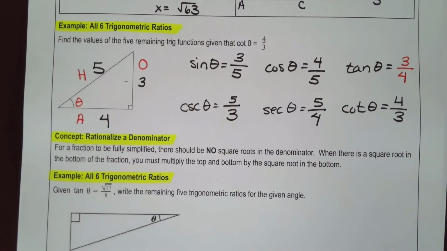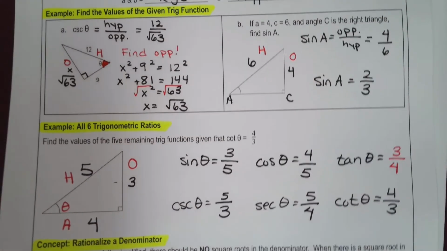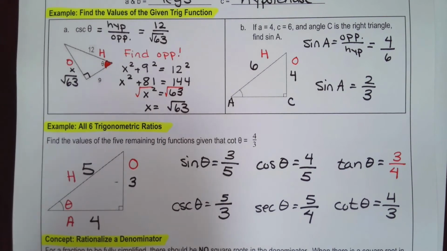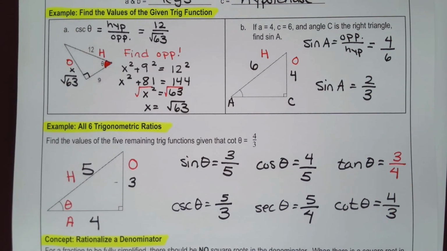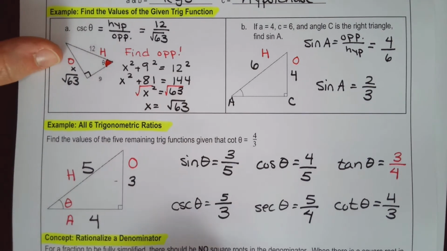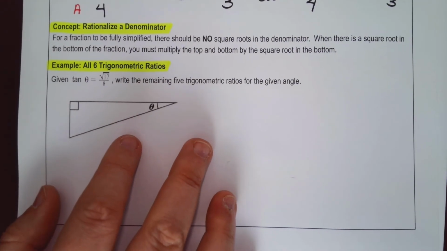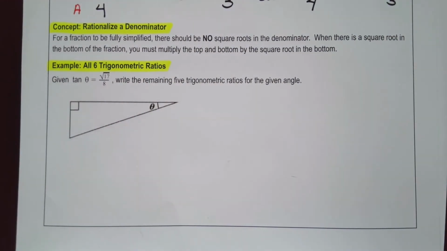All right. So now we're going to talk about that pesky square root up here that we had, square root of 63. Because technically, we cannot have a square root in the bottom of our fraction. It is not fully simplified. So we have to do what we call rationalize a denominator. For a fraction to be fully simplified, there should be no square roots in the denominator. When there is a square root in the bottom of a fraction, you must multiply the top and the bottom